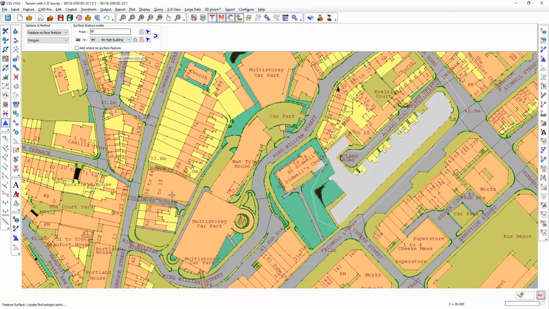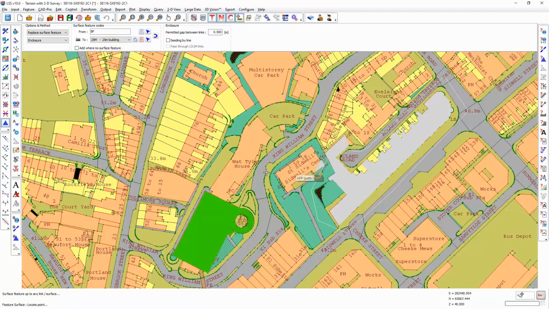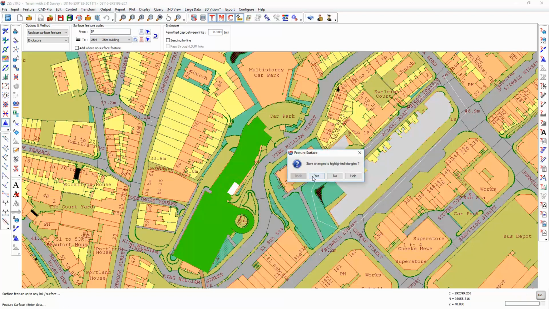And I now do the same for the 25 meter high building, but this time instead of using polygon I'm going to use enclosure. I pick 25 meter building, and fill in each of these enclosed areas. 12 meter,